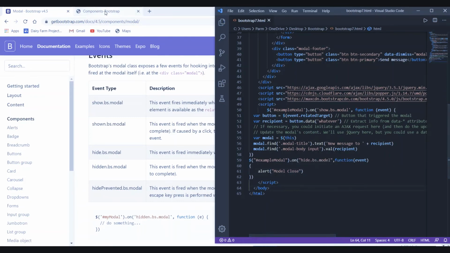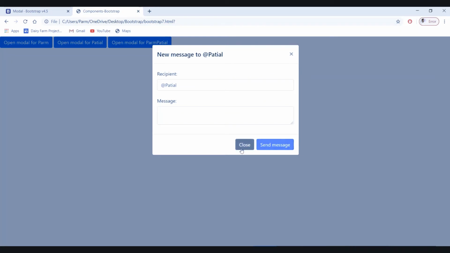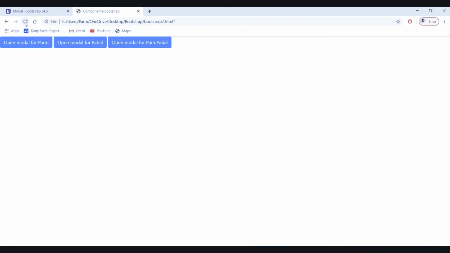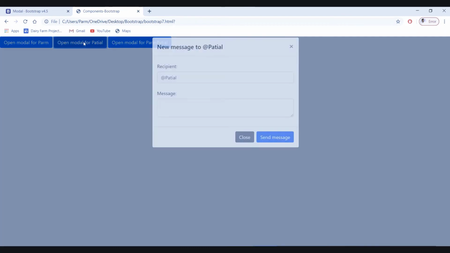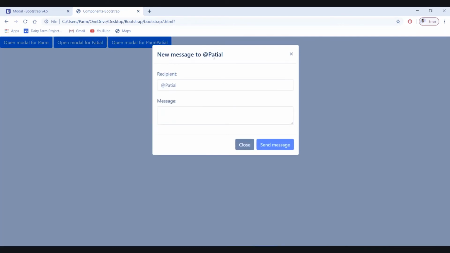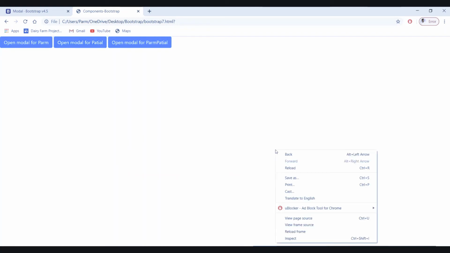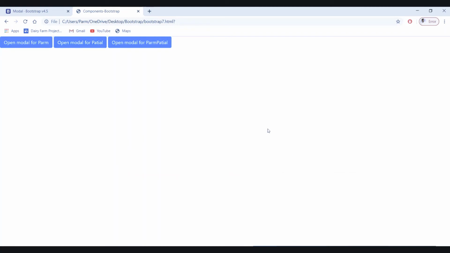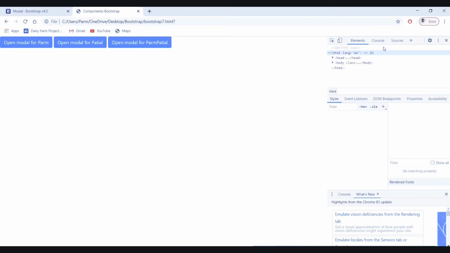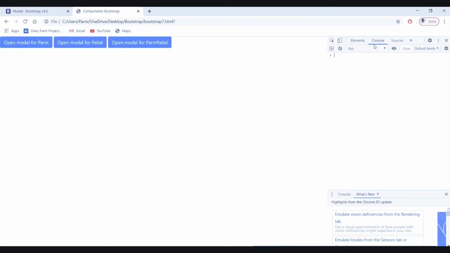Save it here, refresh this, and we click on any of these buttons. Then we click on the close button, and nothing is happening over here. So what is the problem? We go to inspect, then to the console.